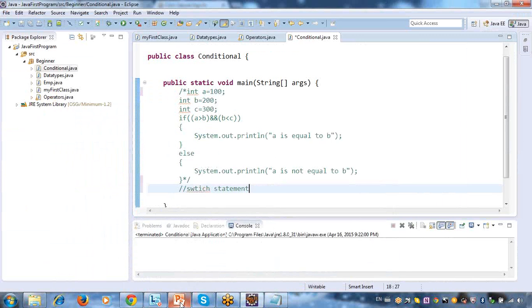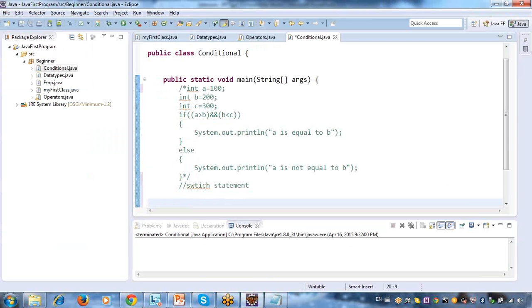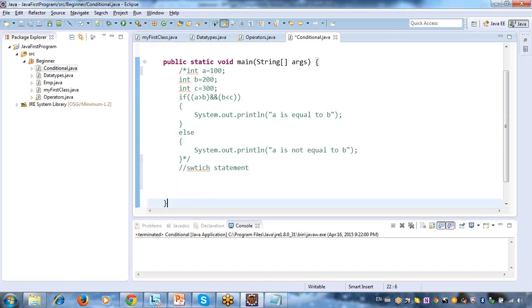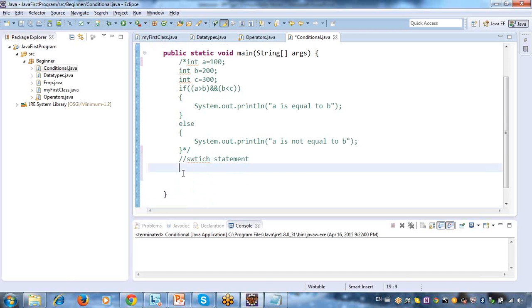Now here I will give some conditions. Otherwise, char C is equal to fail.